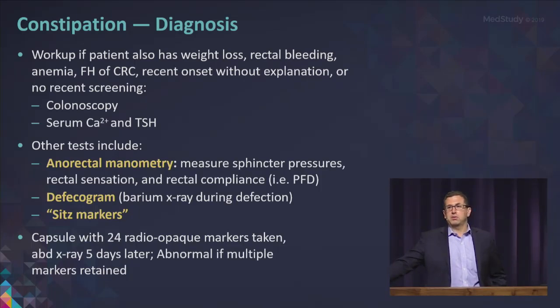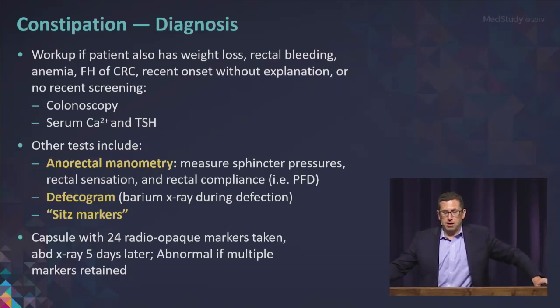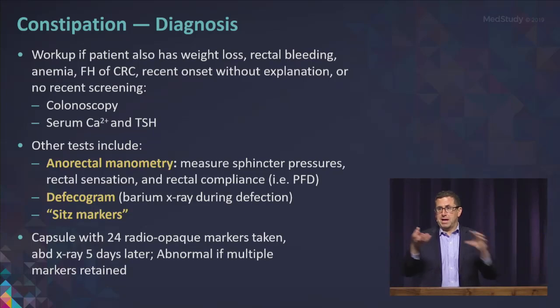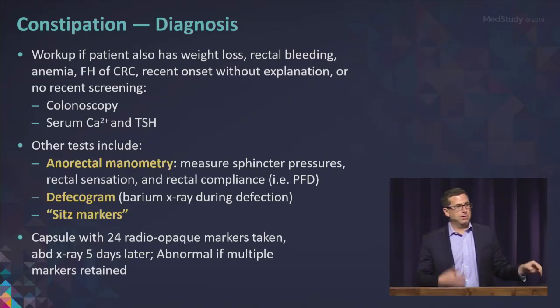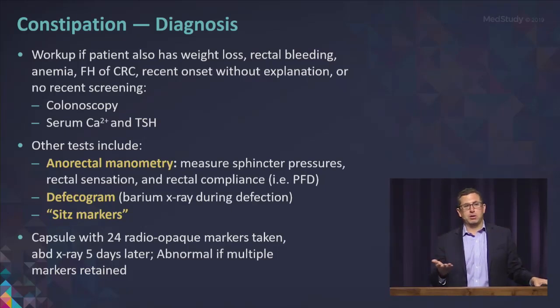Other tests that you're frequently going to see being used for constipation would include anorectal manometry. So in this test, you could actually measure the sphincter pressures, you can measure the rectal sensation, and you can measure rectal compliance. There's also a defecogram, which is a barium X-ray, where the patient goes to the bathroom and you could actually see how the barium is pooling in certain areas. That's frequently a good test to look for anatomical problems like